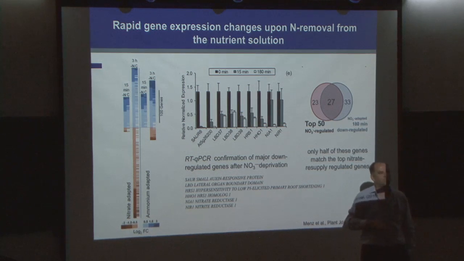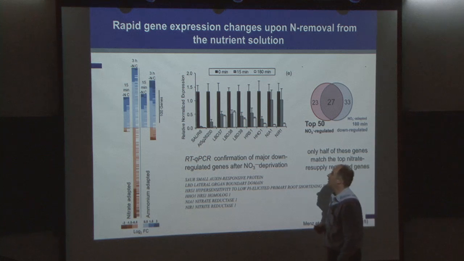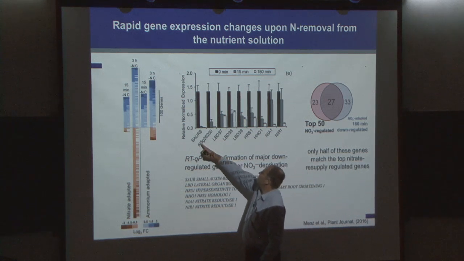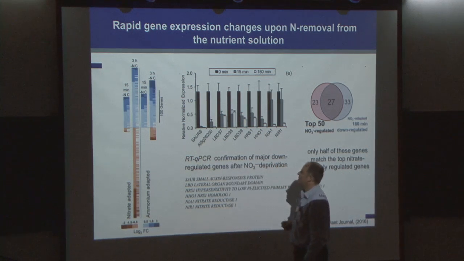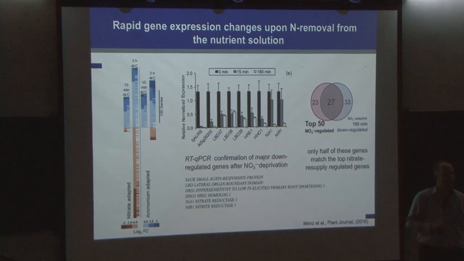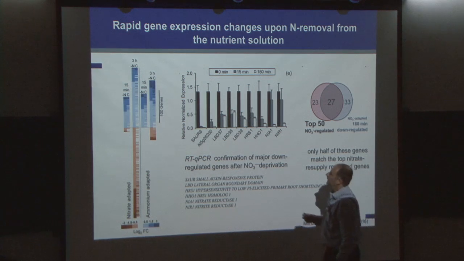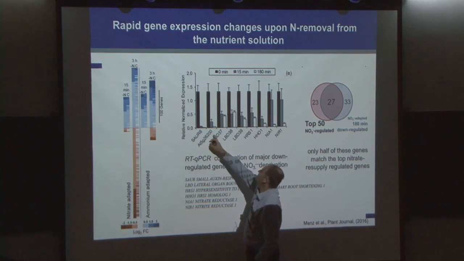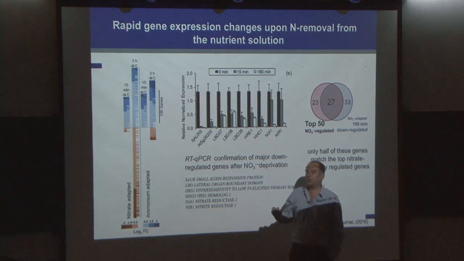With ammonium deprivation basically nothing happened transcriptionally. What is it? It's SAUR6, small auxin regulated number 6. Not so much is known about this. A gene not annotated with a function, well,